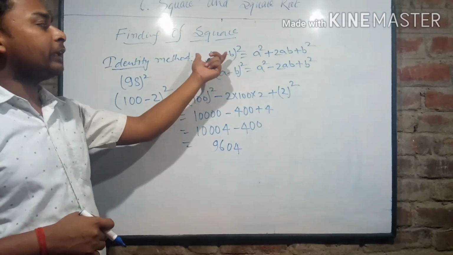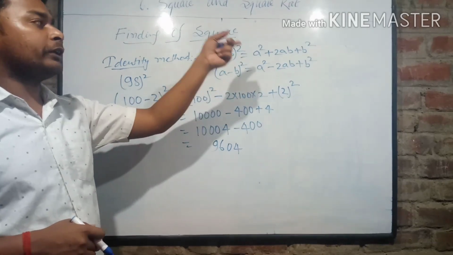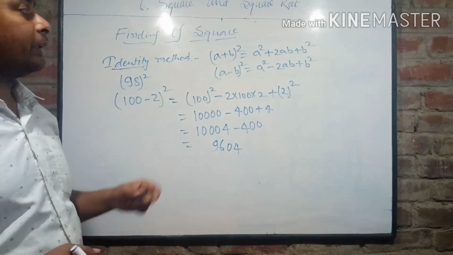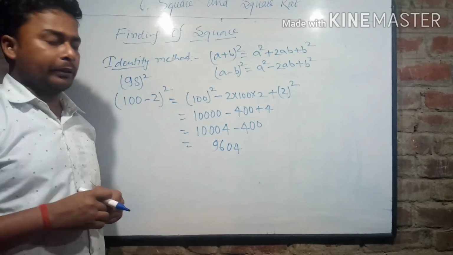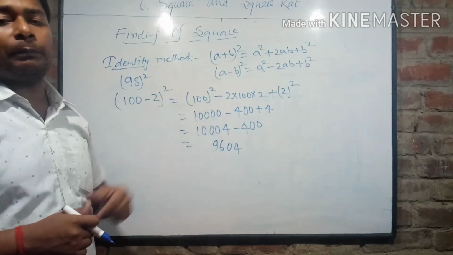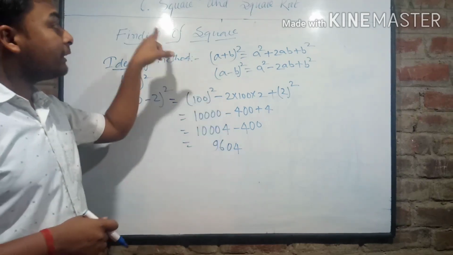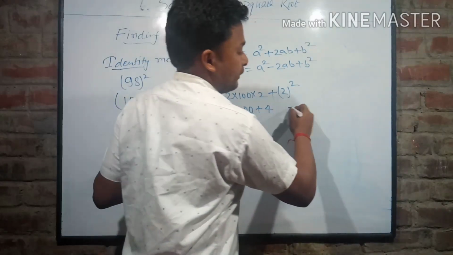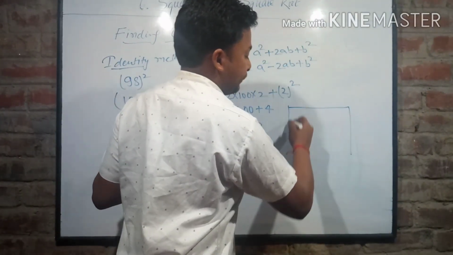Everyone might be knowing that (a plus b) whole square is equal to a square plus 2ab plus b square, by the process of multiplication, a plus b into a plus b. I will use some geometrical proof of this. Using the square we will prove this part. My dear, a very interesting proof this is.